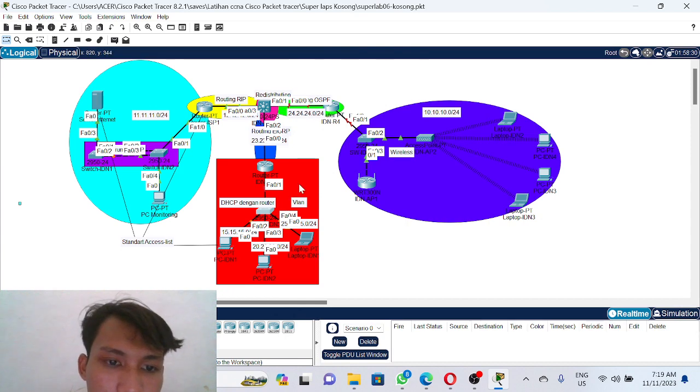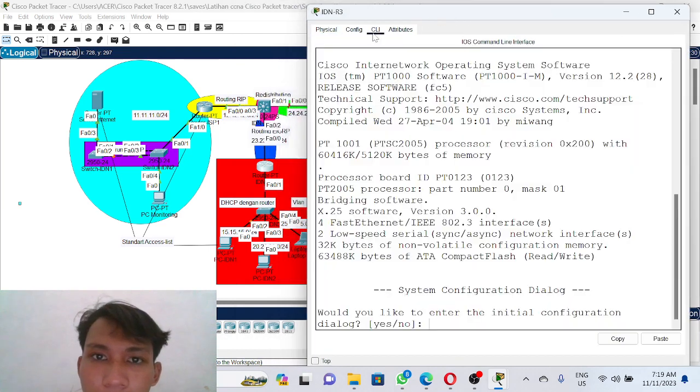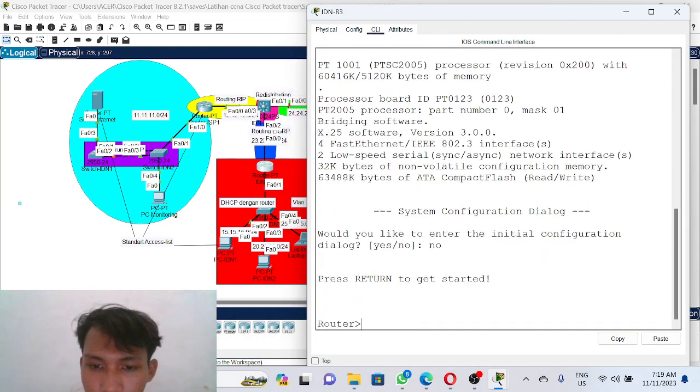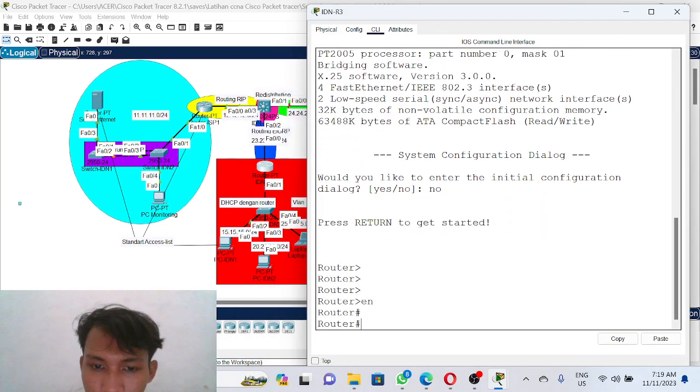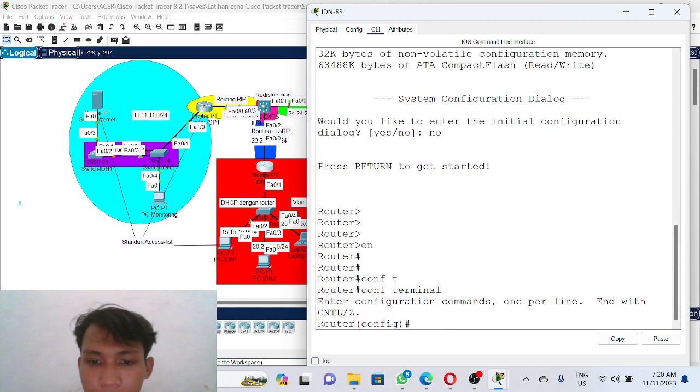And then we go to the router. We make the sub-interfaces for the VLANs we already built. Configure terminal.